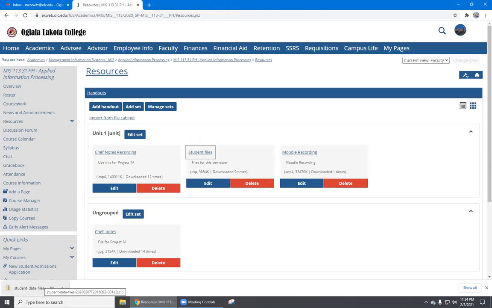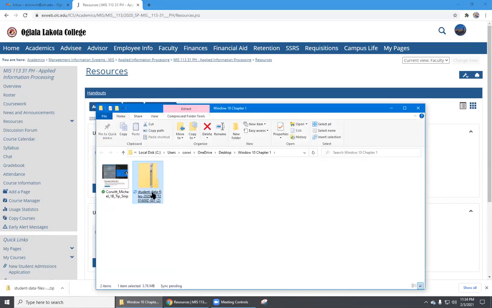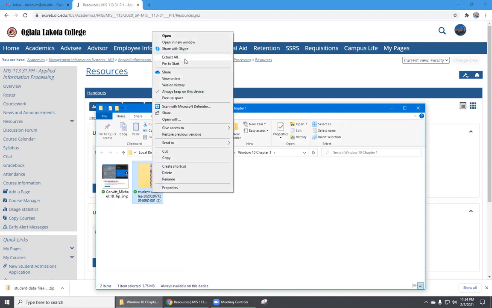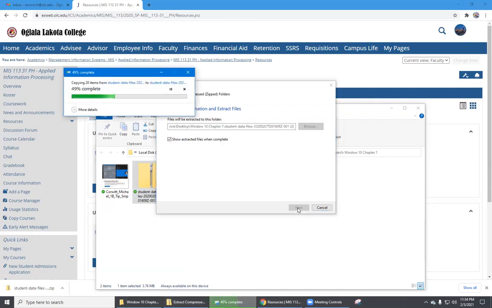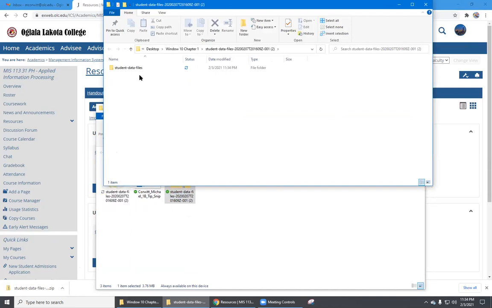Once it's done, we're going to open it up in the folder and extract all. We're going to extract all and put it back into that folder, so we're just going to click Extract. Once it's in there, we're going to open up student files. Give it a second. Okay, and in there, we're going to look for